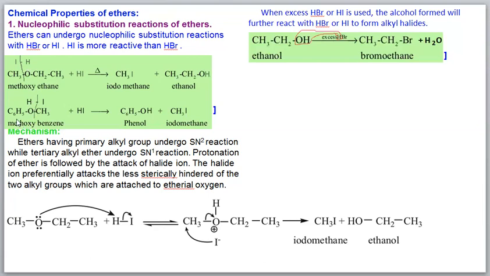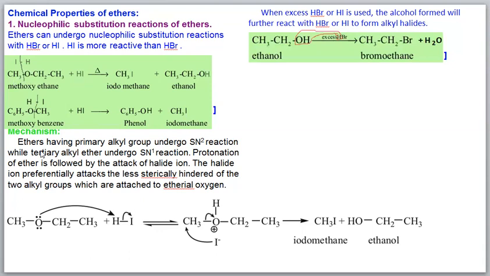Similarly, we can take anisole. Here this alkyl carbon-oxygen bond is cleaved. Here the hydrogen iodide is cleaved, so the iodine goes to the alkyl group and hydrogen goes to oxygen. So we'll get phenol and methyl iodide. In this reaction, both ether and alkyl halide react in the same molar ratio: this 1 mole, this also 1 mole.